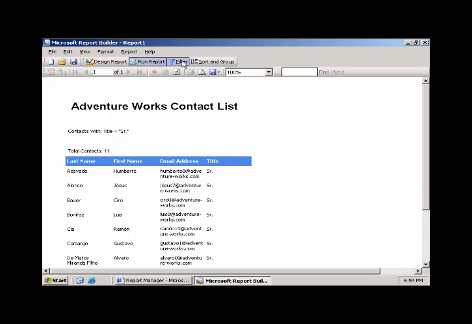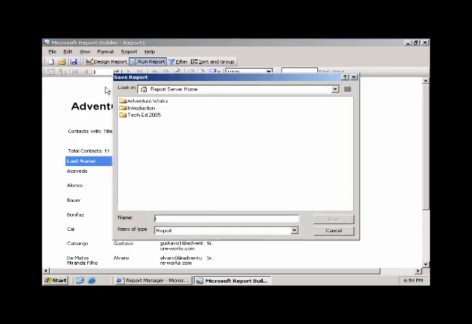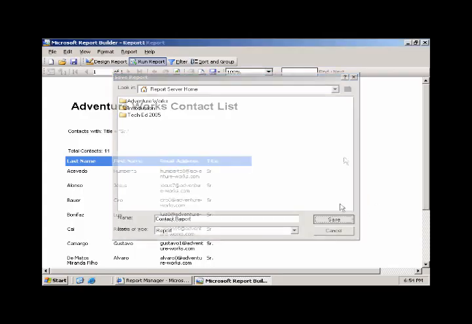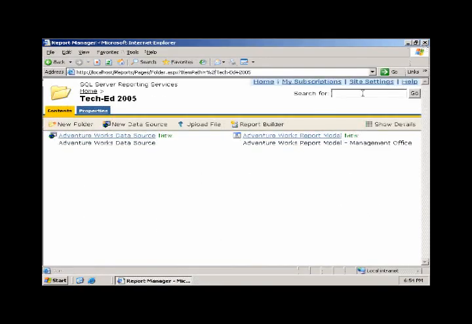They can keep going back and forth, sorting and grouping, filtering. When they're all done, they can export it out to any of the different formats that Reporting Services supports, because this is just a Reporting Services report that was rendered. If they like what they see, they can hit the Save button. Notice the dialog is not saving a file to the operating system, the file system. It's actually going to save it back up to the Reporting Services folder. So this is the contact report. Save that, bust out of here, hit refresh, and it's an RDL file